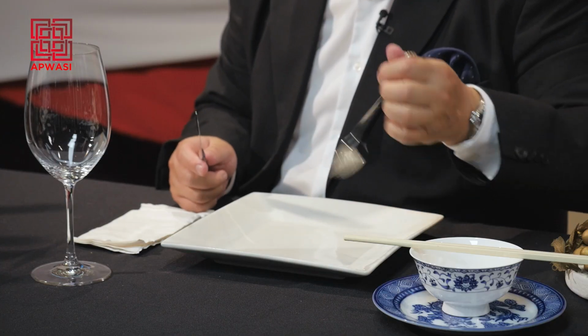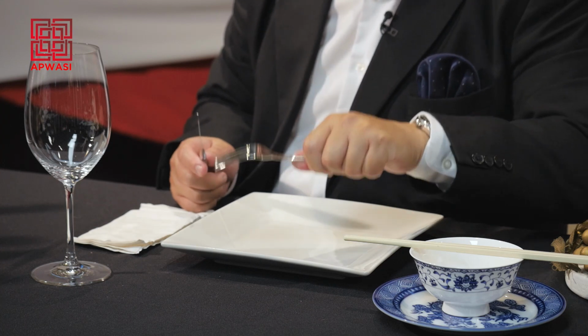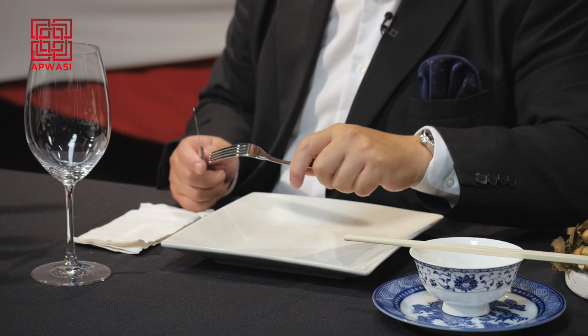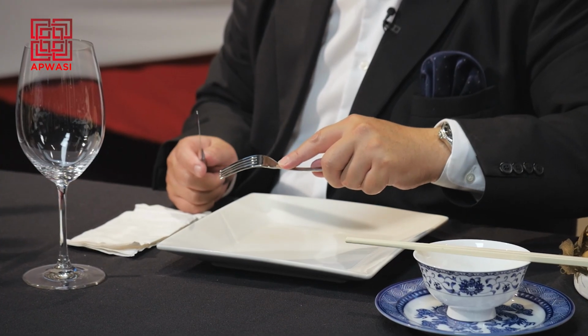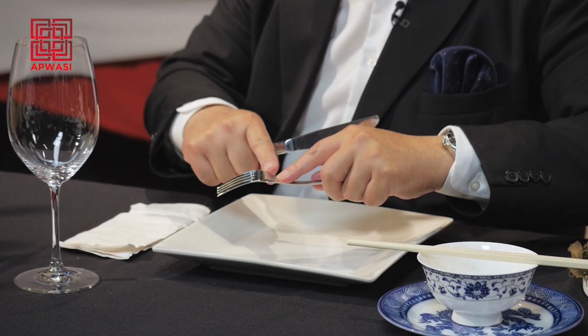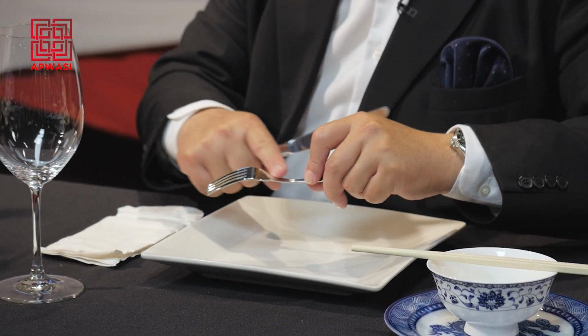So, when you're using the international styled method of eating, certainly fork and knife. I recommend, suggestion, you see people holding their fork like this. I've seen it. You see people holding their fork like this. I suggest index finger just here where the major part of the fork and the length of the fork, the